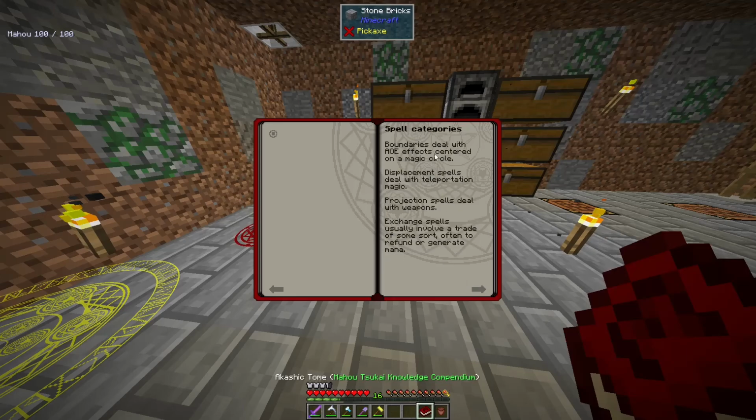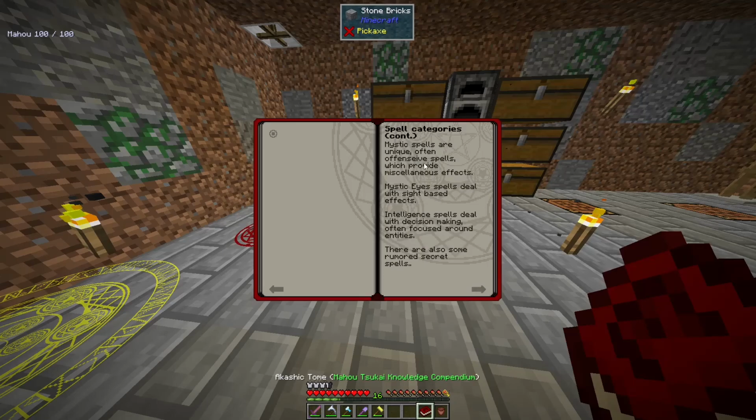Okay. Irons deal with AoE effects centered on the magic circle. These favorite spells deal with teleportation magic. Projected spells deal with weapons, and chain spells using volt and trade of some sort, often refunded guaranteed. Okay, this is a lot. Mystic spells are unique, often offensive spells with provided miscellaneous effects. Mystic eyes spells deal with sight. Okay. Alright, there are some secret spells. Well, there was magic eyes, afraid sight, being near relay, only for increased amount of generations based on